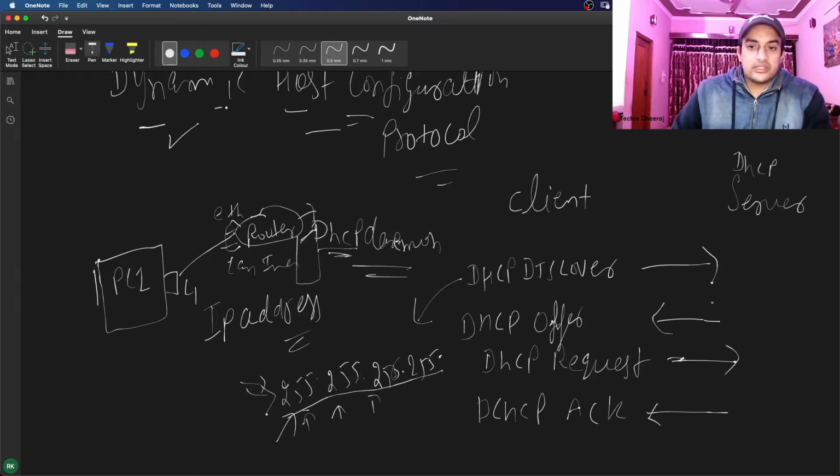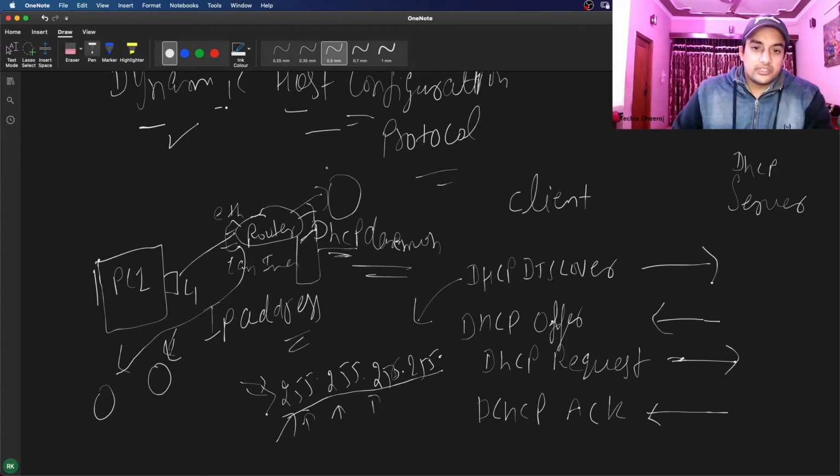Then if there is any server, for example, let's assume there are two servers in the LAN. PC1 sends a request, and the router has a daemon running, or we can say some other PC connected to the router is running this DHCP server.